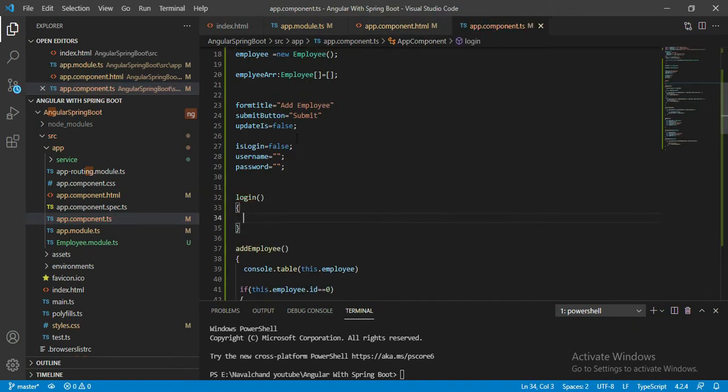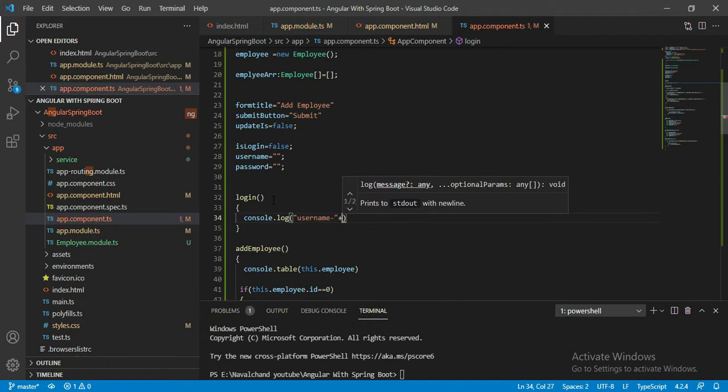Let's create the login method here. When we hit this login, that time this username and password should be printed. I'll simply use console.log. I'll simply print here username. You should know whether our username or password is coming through or not.